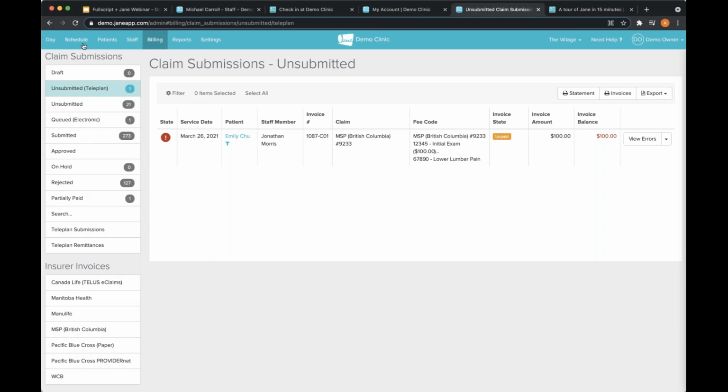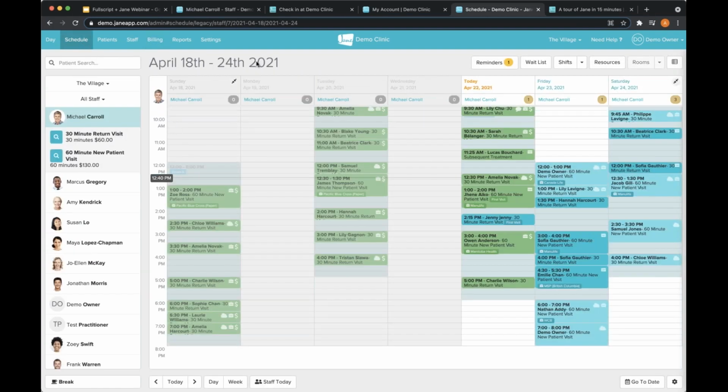Great. So a couple of questions that pop up about mobility. Is this fully optimized for mobile use? Can you access this on your cell phone? Yeah, entirely. Any device that can connect to the internet, you can run Jane on it. So whether that's your iPhone, as long as you can connect to Safari, all you'd have to do is type in your demo.janeapp.com, whatever URL you have, and it'll work pretty much exactly the same. Of course, a little bit optimized to a phone's view or an iPad's view or something like that. Jane's a dynamic software, so she's going to shrink, mold, and adjust herself to fit your device.